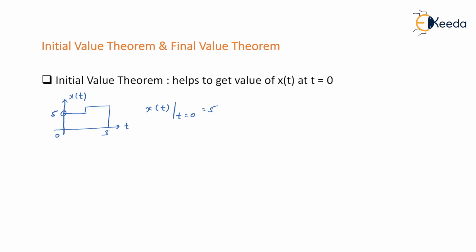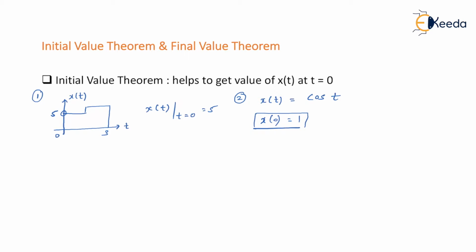Am I right? So you can get the value of x(t) at t equal to 0 if the graphical representation of x(t) is available to you. This is the first way to get the initial value of x(t). Second, let's say you have some expression of x(t), like x(t) is equal to cos(t), and now you have to get the initial value of x(t). Then it is very easy. Substitute t equal to 0, then it becomes x(0), which is cos(0), which is 1.